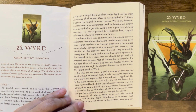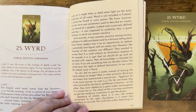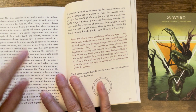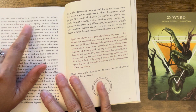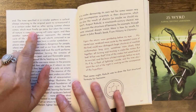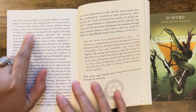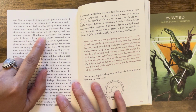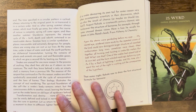Speaking of wheels, there is a very old symbol connected to the topic. Ouroboros is a snake that swallows its own tail. The circle has neither beginning nor end. Time specified in a circular pattern is cyclical, always returning to the original point to retranscend it in a certain order. And so after spring, summer always comes, which must finally go away. But when the course of nature is complete, spring will come again, and then another summer. Ouroboros represents the eternal cycle of life, birth, death, and rebirth entwined